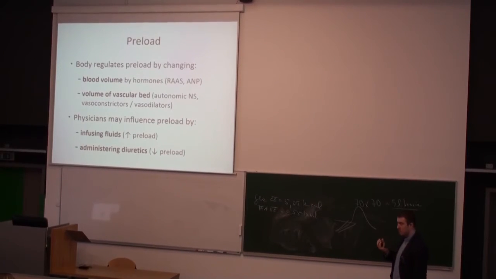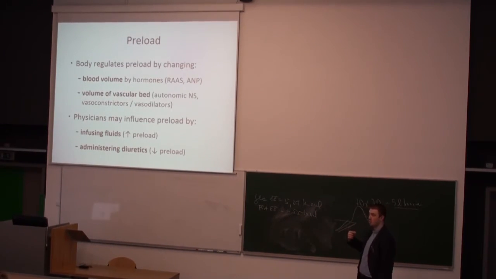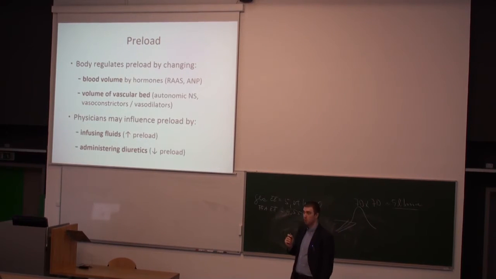So the venous return, meaning the amount and the pressure of the liquid coming to the heart, can be modulated by two things. First is to modulate the amount of blood. So that means all parameters that regulate the amount of liquid in the body, therefore limiting or increasing the amount of blood coming into the heart, will modulate the preload. And here you have renin, angiotensin, aldosterone, and atrial natriuretic polypeptide as examples. The second possibility is that you can modify the volume of the vascular bed.